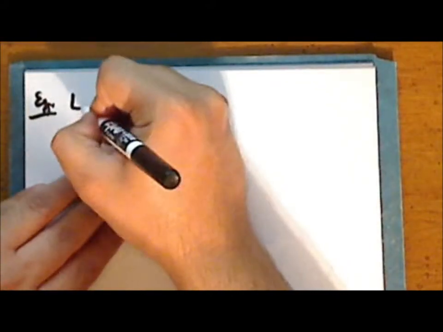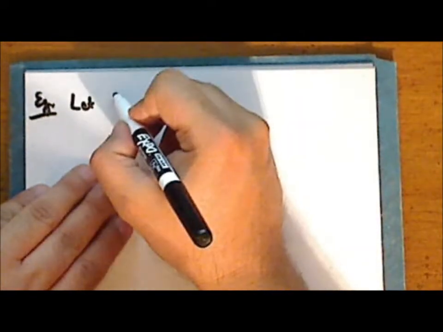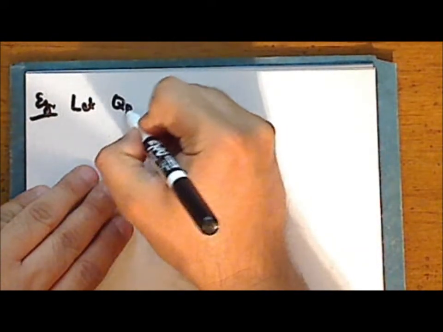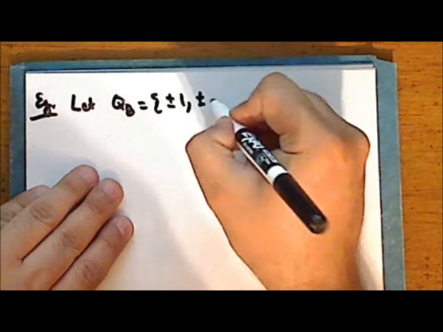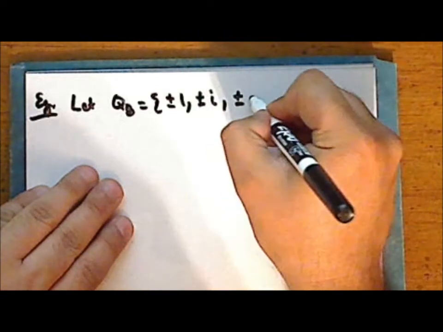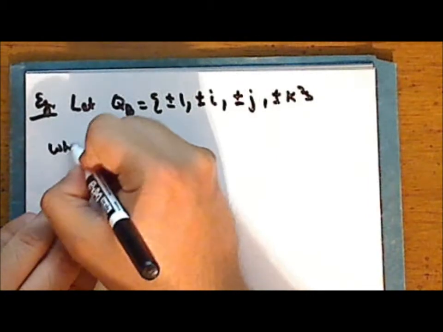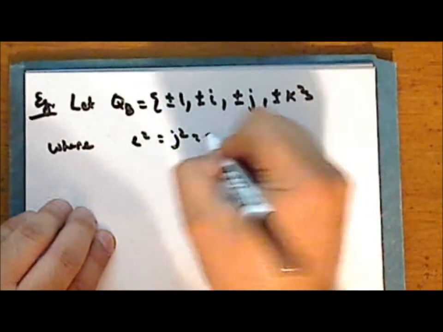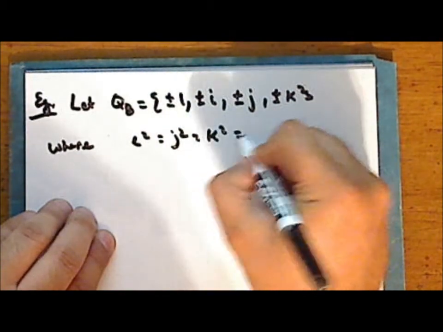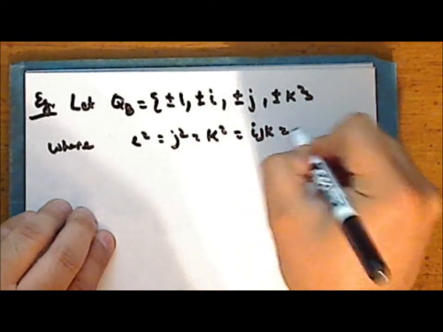Okay, so new example. And here we finally come to the quaternions. Let the set Q sub 8 be the set which contains plus or minus 1, plus or minus i, plus or minus j, plus or minus k, where i squared is the same as j squared, which is the same as k squared, which is the same as the product i times j times k, which is negative 1,